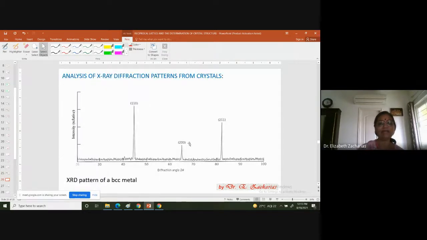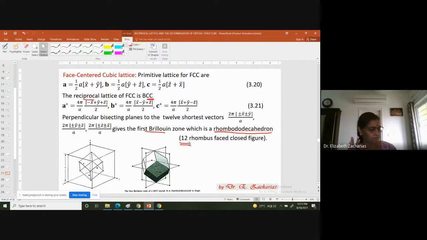I am deliberately leaving out hexagonal. It is there in the book. I'm leaving it out because it's only going to get more and more complex. Basically, you must understand this concept of a reciprocal lattice, reciprocal vector, reciprocal space, and how the structure of these lattice points in the reciprocal lattice will be for your simple cubic lattice, FCC lattice, BCC lattice. Next thing is how the Brillouin zones will look.